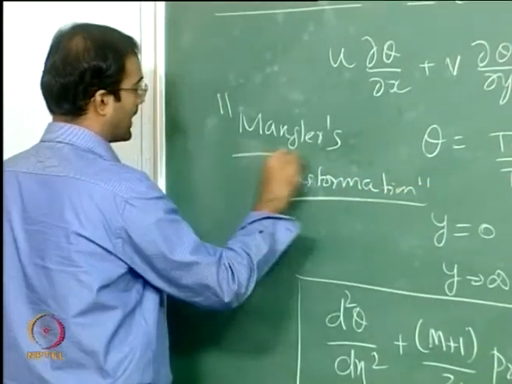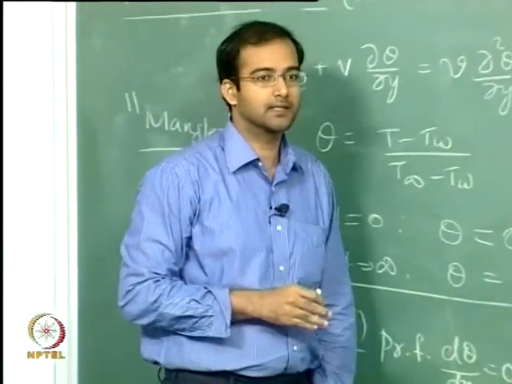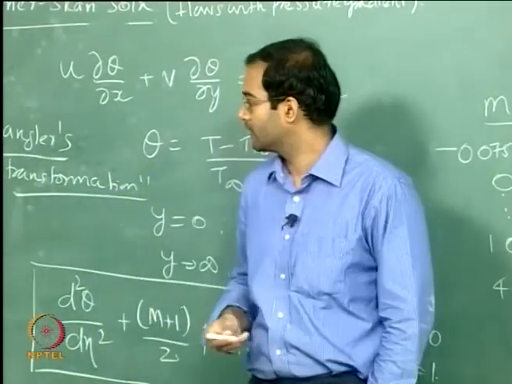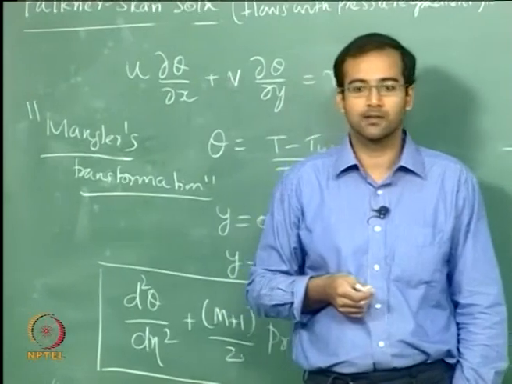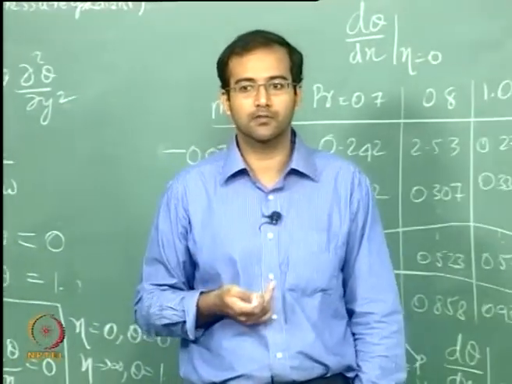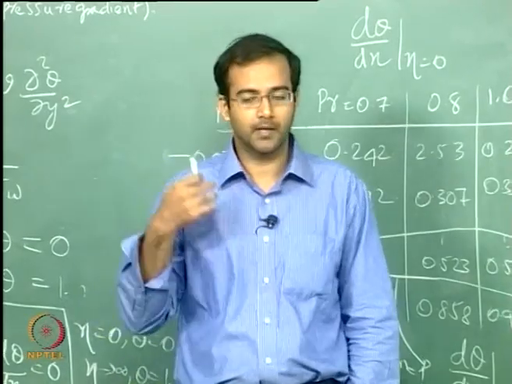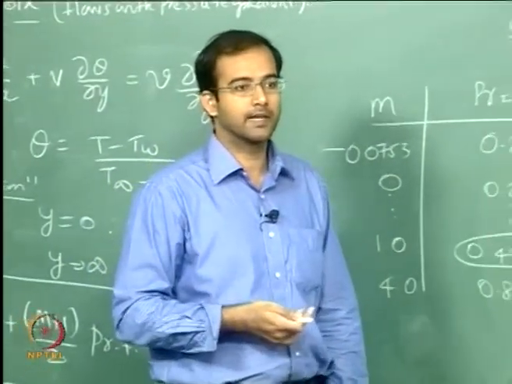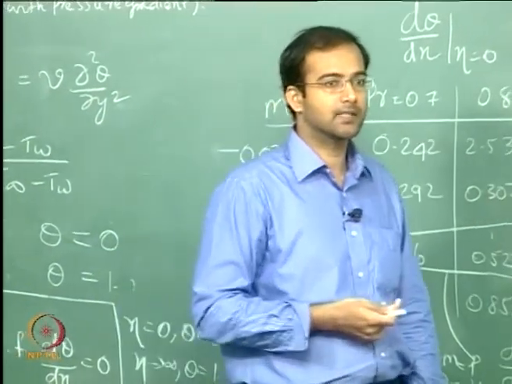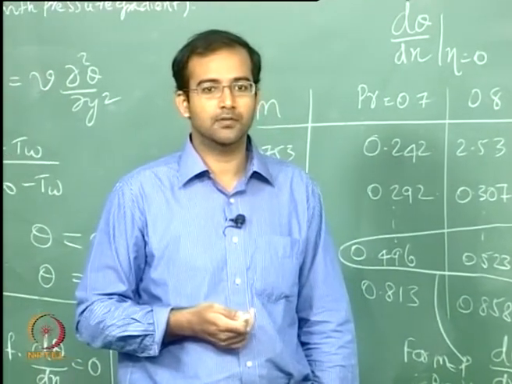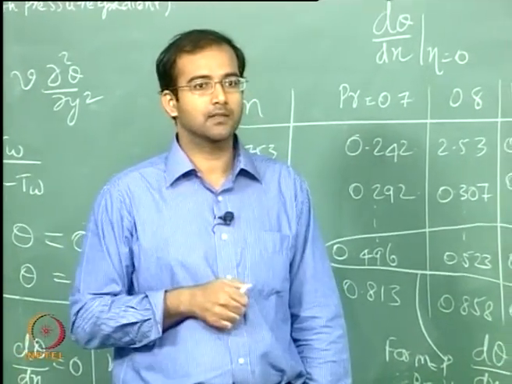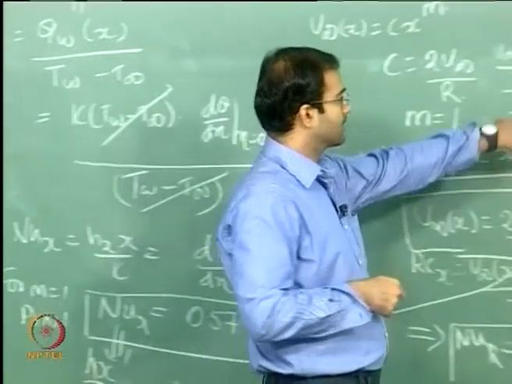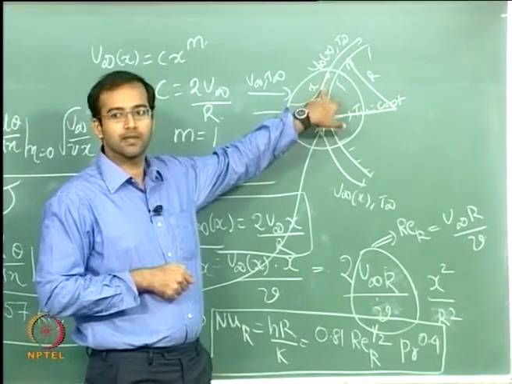So if you happen to go through the boundary layer theory by Schlichting, he talks about 3-dimensional boundary layers. There, one way of deriving the similarity solution for 3-dimensional wedge flows is to take the 2-dimensional wedge flow solution, apply a particular kind of transformation called Mangler's transformation, and you will get the similarity solution for 3-dimensional wedge flows. And for the particular case where m equal to 1 for 3-dimensional wedge flows, that is the stagnation region,